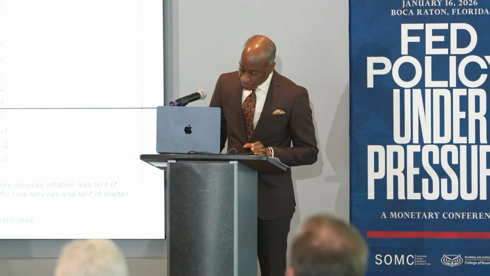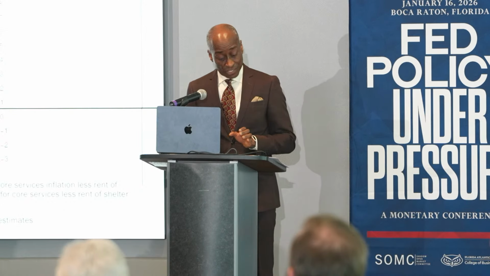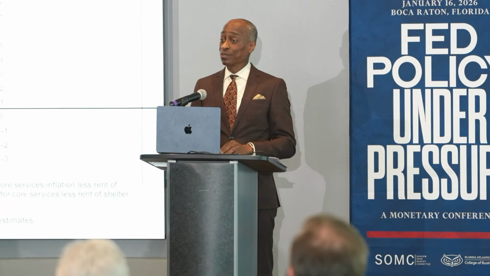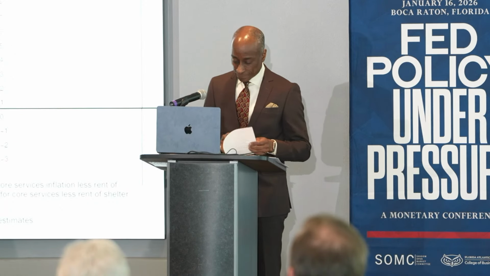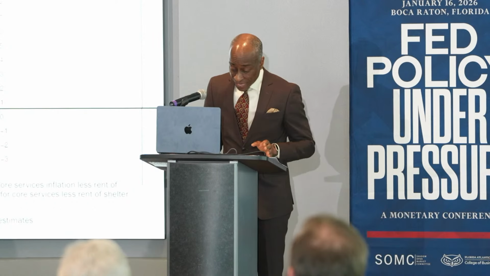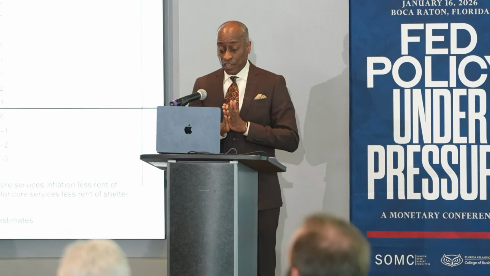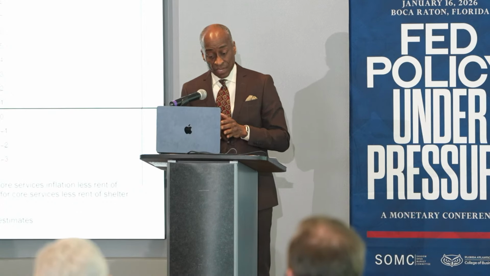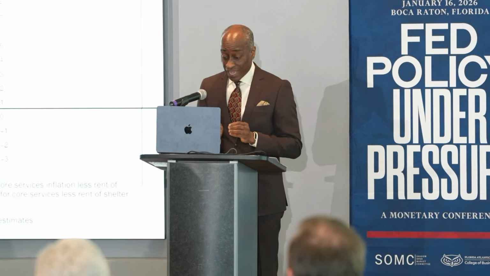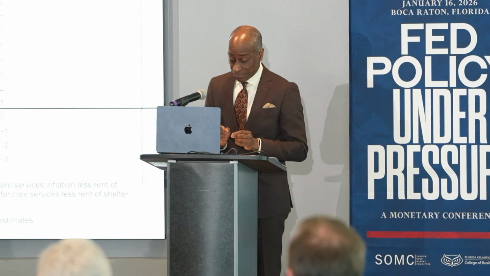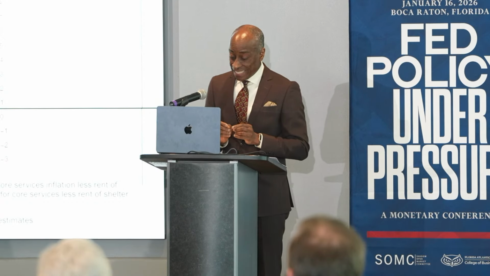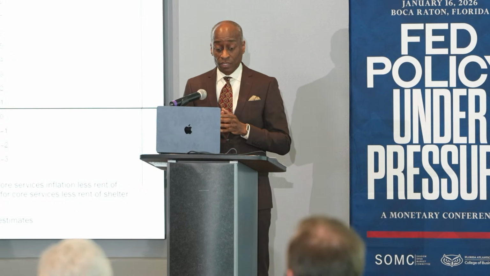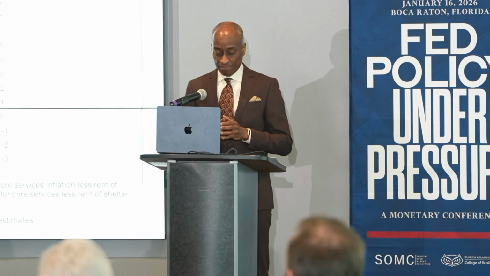Looking at the subcomponents of core CPI, shown in Figure 6, we can see why there has been a slowdown in the pace of disinflation. Over the past year, we have seen further notable declines in services inflation, rent of shelter, as well as other non-energy services. But these declines have been offset by an increase in core goods price inflation.